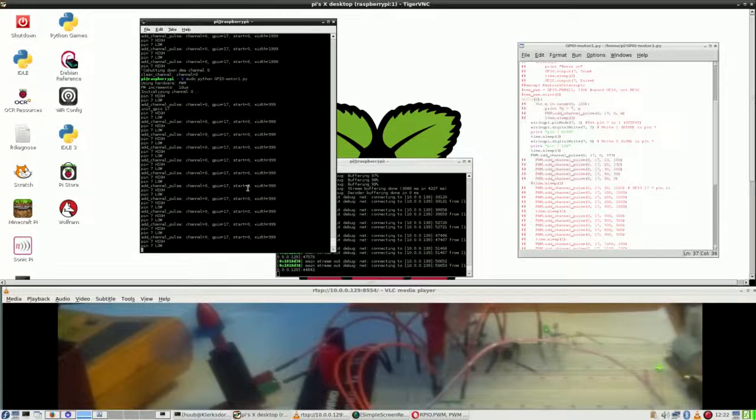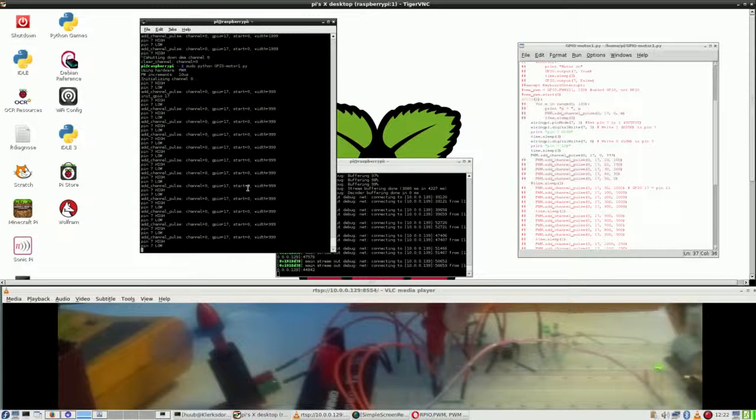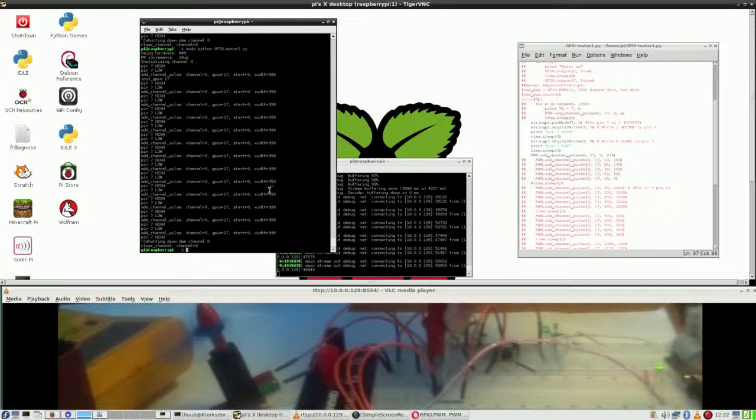Alright. However, that has no effect on the propeller anyway. Well, not on the motor and so not on the propeller. But this is always on. And what I would like to see is not always on. So let's reduce this